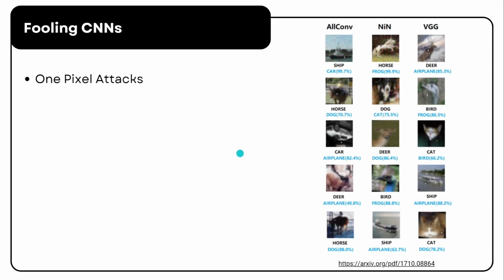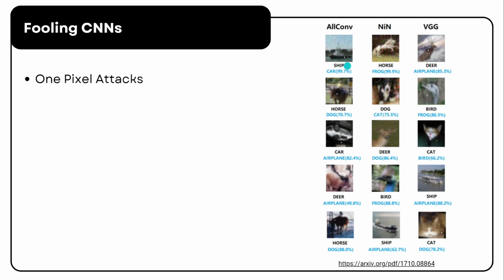Okay, so there's something known as the one pixel attack, where modifying just a single pixel in an image can completely change the prediction of a convolutional neural network, or CNN. You can see here the change is almost imperceptible, but it has a huge impact. On the right, we have examples from popular pre-trained CNN architectures: AlexNet, NIN, and VGG. Take a look.